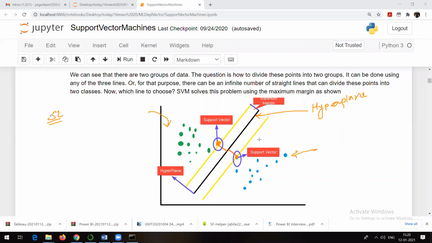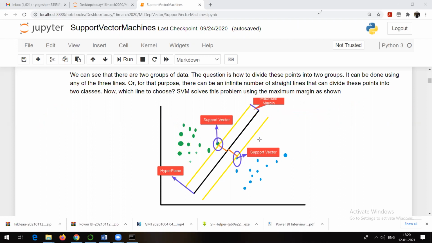Try to understand the term supervised learning. It means we are already aware of the input as well as the output. We know that it's labeled data. So one point from this and one point from this, right? These are called support vectors. So this distance d and this distance d should be as maximum as possible. So this line is chosen in such a way that the distance from this support vector and this support vector should be as maximum as possible. So these two are called support vectors. This is called the hyperplane and this is called the maximum margin. And that's why maximum marginal classifier is the term used by support vector machine.